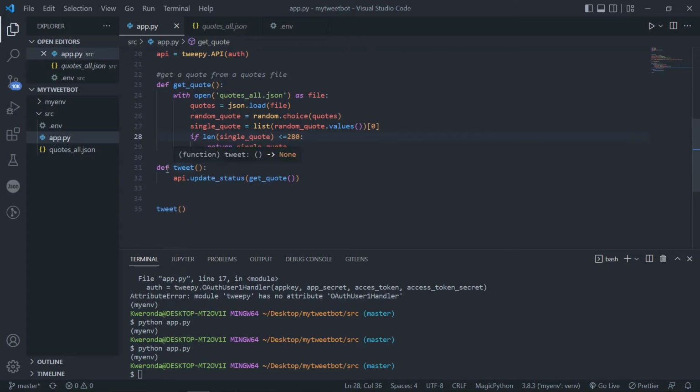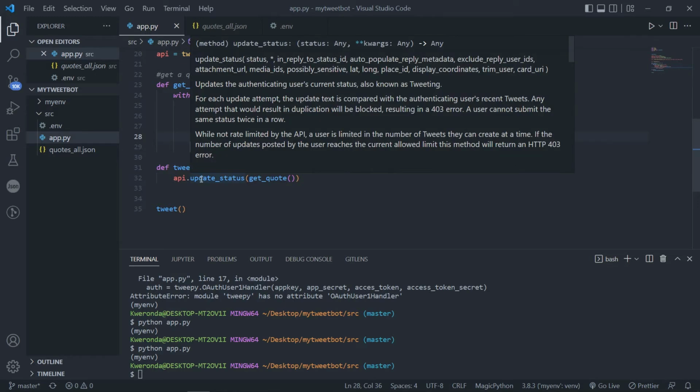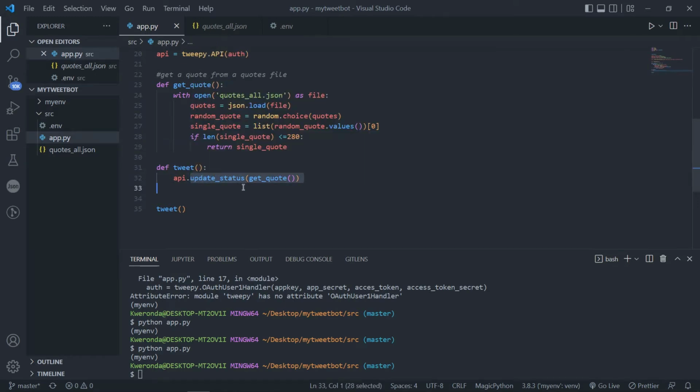Then we are creating the function to create a tweet, and it's just this simple method that you see here that creates a tweet. So that is done. Now the next step is to create a like and retweet feature, because like I said in the first video, if you want to create engagement on